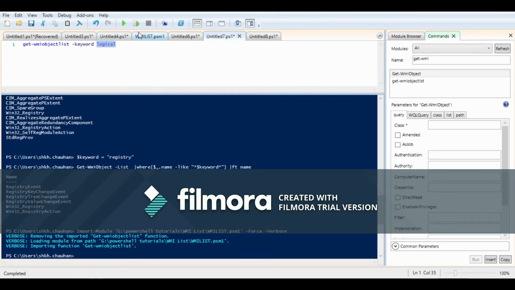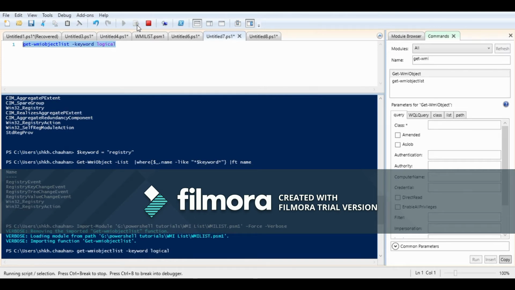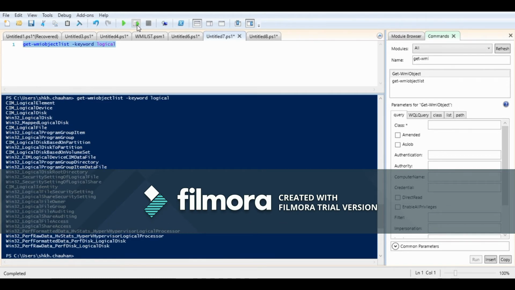Get-WmiObjectList -keyword. Keyword is the parameter we have defined, and we are executing the command with logical keyword here. So what we have got: all the WMI names containing logical: logical file setting, logical share security setting, logical identity, logical share access, logical program group, logical disk. So I hope you guys found this video helpful and you can now create your own modules